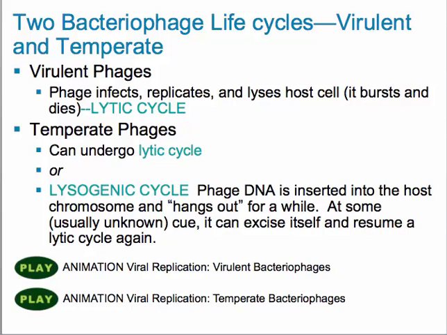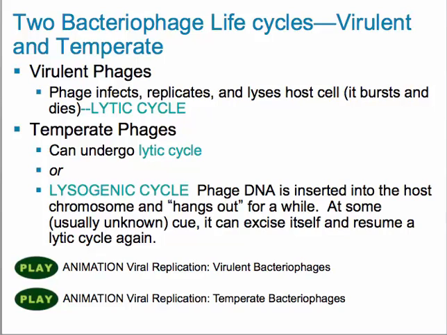Temperate phages either undergo the lytic cycle or what we call the lysogenic cycle. The lysogenic cycle happens when phage DNA is inserted into the host chromosome and it sort of hangs out for a while. There are no new virions made, new small virus particles, and there's no lysing of the host cell